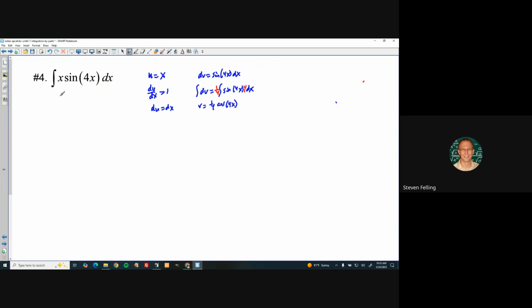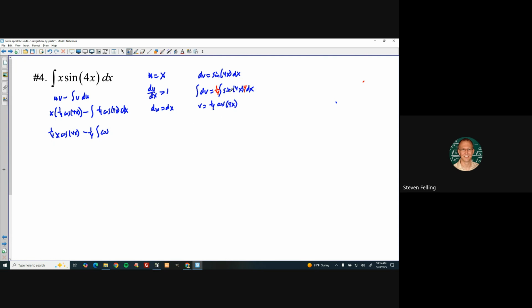Now we're going to substitute back into uv minus integral of v du. The u is x, the v is 1/4 cosine 4x. And we have an integral of 1/4 cosine 4x, and then the du is dx. So this is 1/4 x cosine 4x. And I'll bring the 1/4 outside, and we have an antiderivative of cosine,